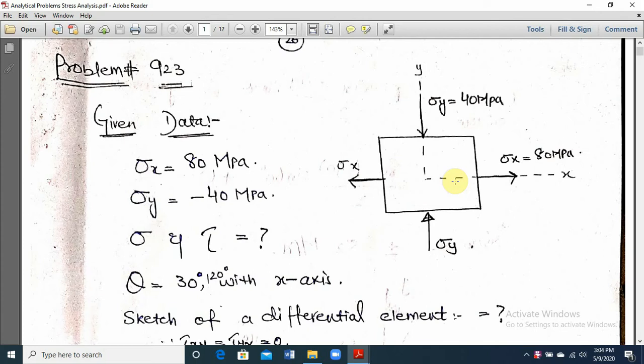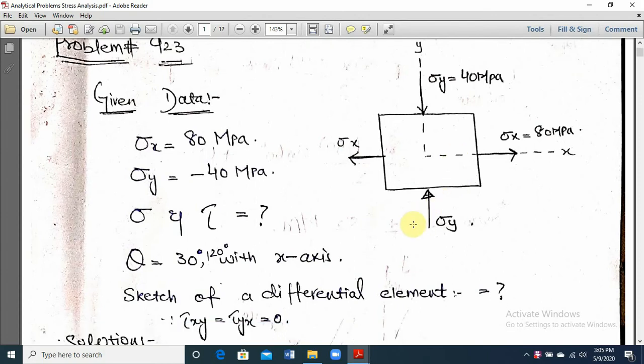Bismillahirrahmanirrahim. We have already studied the analytical derivation for normal and shear stress, and then the maximum and minimum normal and shearing stresses. We have studied the principal plane, principal stresses, maximum in-plane shearing stress and maximum shearing plane. Now, using all those analytical formulas, we will solve a few examples of the book